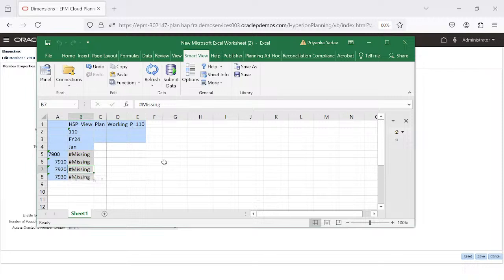I think there is some issue with my Smart View. I'm not able to input the figures, so I'm not able to show you what this ticket is all about. Basically what they're saying is 7910, 7920, 7930 are the descendants of the parent 7900. Now it is aggregating the taxes in spite of subtracting. So I'm not able to show you through the Smart View, but in this sort of ticket what we do is